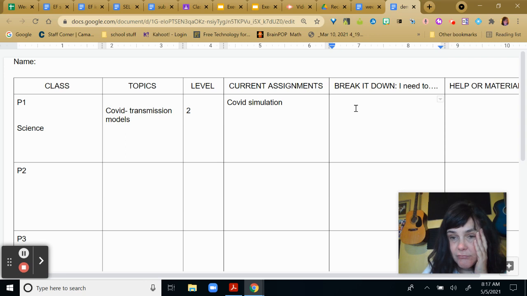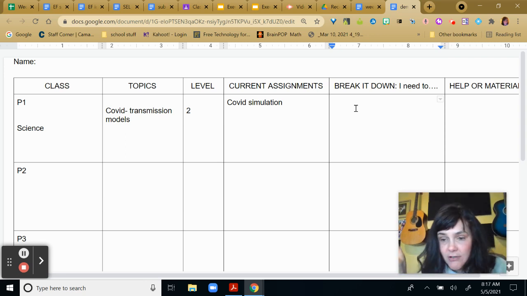What do you need to do? Do you have to watch a video? Do you have to make a summary? Do you have to write a CER paragraph? Do you have to just answer questions? Where are the answers to the questions? Do you need notes? What exactly are those steps that you're going to need to take to get this done